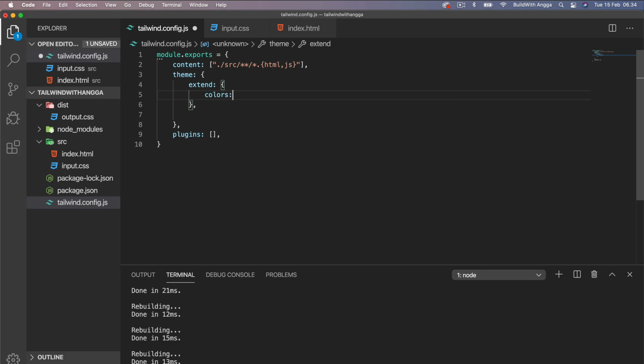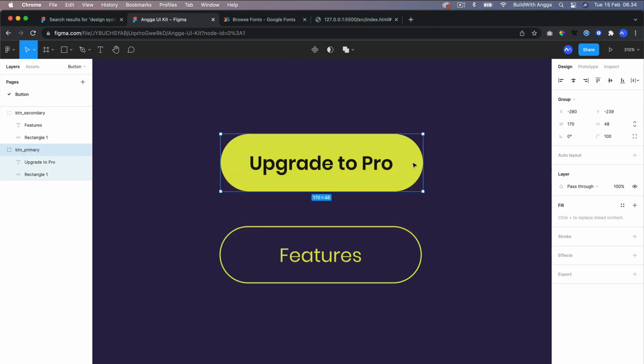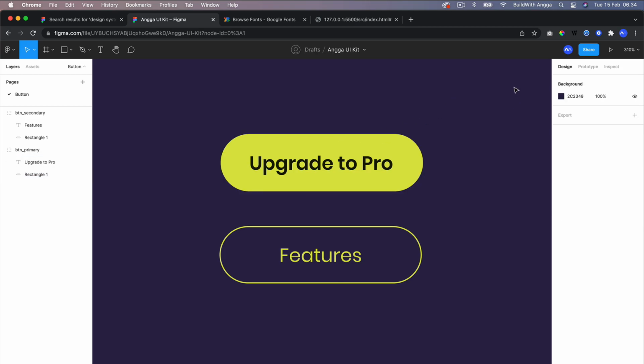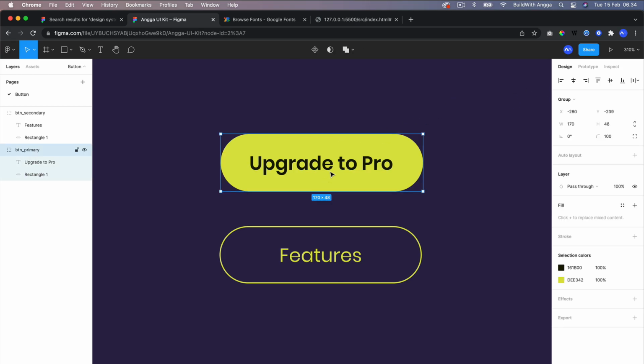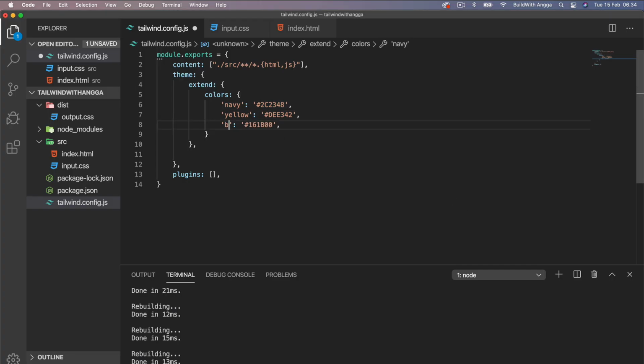Just put colors with the curly bracket, and then we need to register navy, just like this. And we're gonna need 3 colors: navy, and then we can register this one maybe as yellow, and then it's supposed to be black. Another one is supposed to be black, just like this.